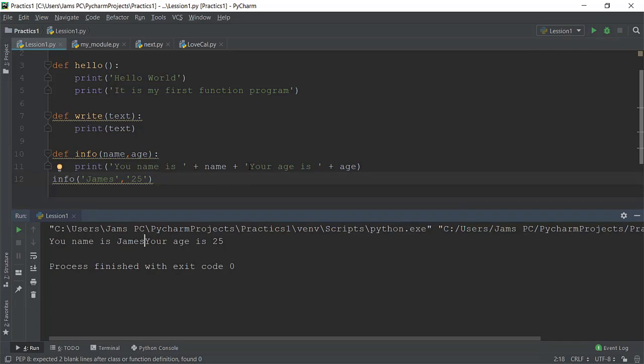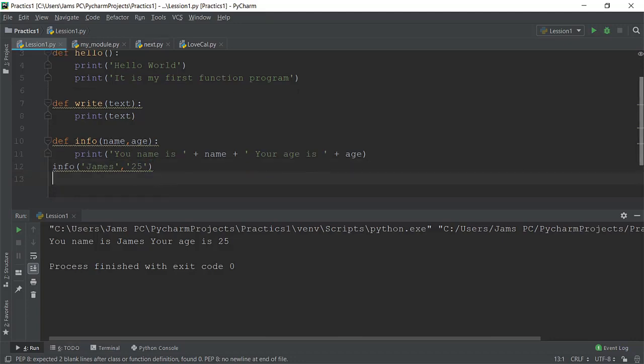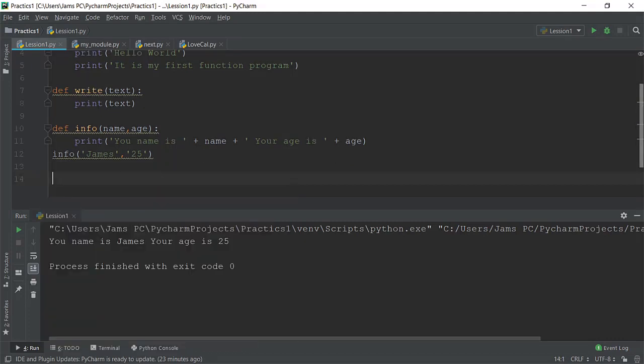For that, you can do making space here, and it will resolve the problem. For example, now I'm going to run the program. Your name is James and your age is 25. Okay, for example, if someone else will come who has a different name and different age, what should they call? They will print, for example, let me print